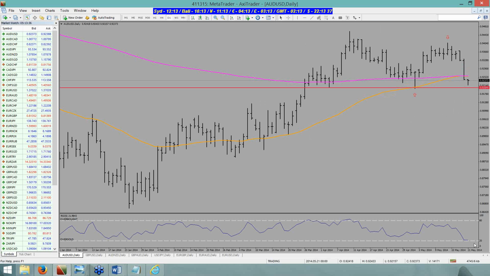Now the momentum is oversold on the downside on the daily, so you're not going to be looking to get short here. That'll be just suicide. Even on the hourly chart, you're not going to do that. So at this point, you just leave it alone. If it comes back up and tests these levels, you might look to get short then. But quite literally, you need to see a break of this low before you start going anywhere near it. Okay.